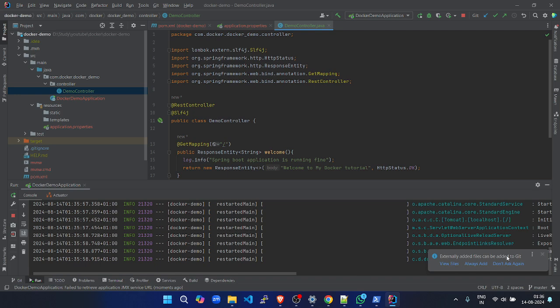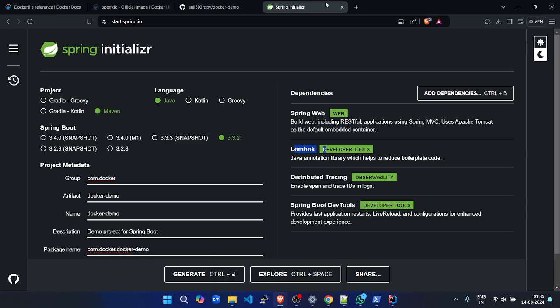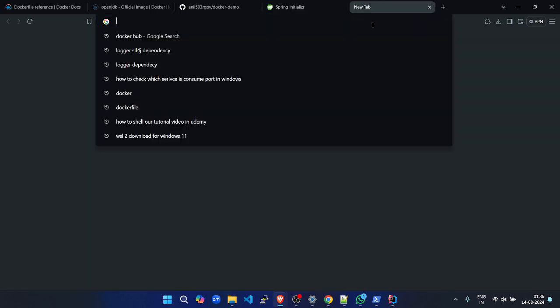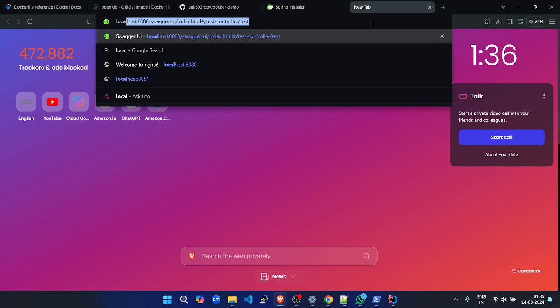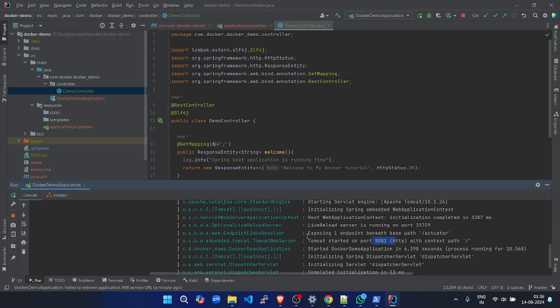So my application is started. Docker demo is started and the port is 8081. Let's quickly check that. Localhost 8081. So welcome to my Docker tutorial. The same message which I added over here,